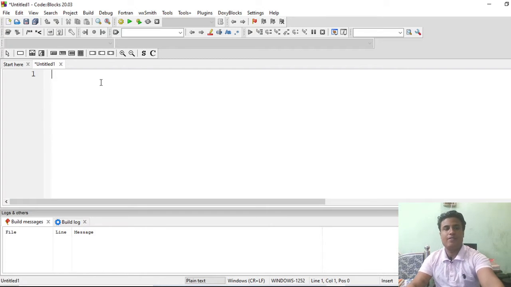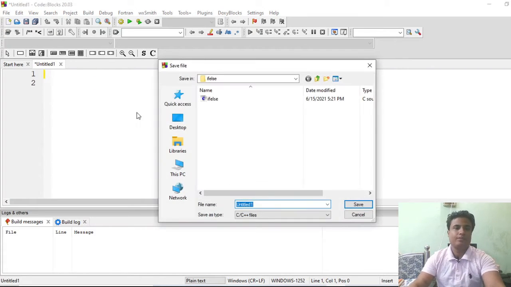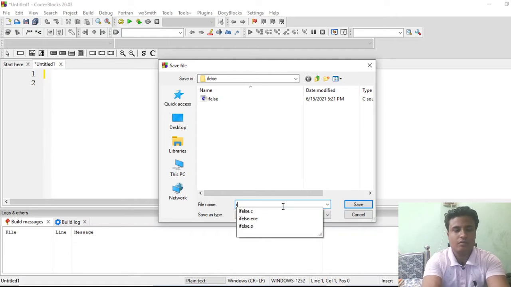Now just save the file using Ctrl S. We are in the if else folder that we created in the last lecture, so I will save my other files in here itself. Let me name our new file if else 2.